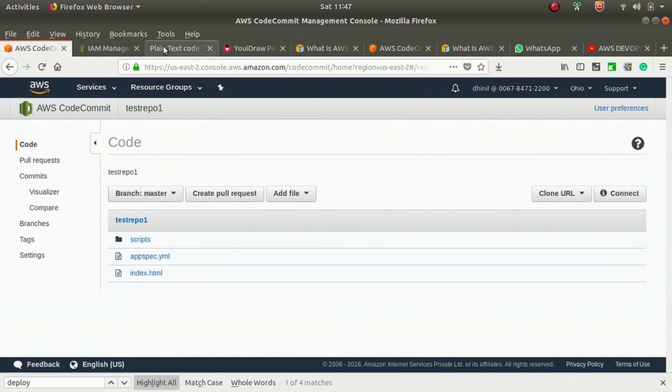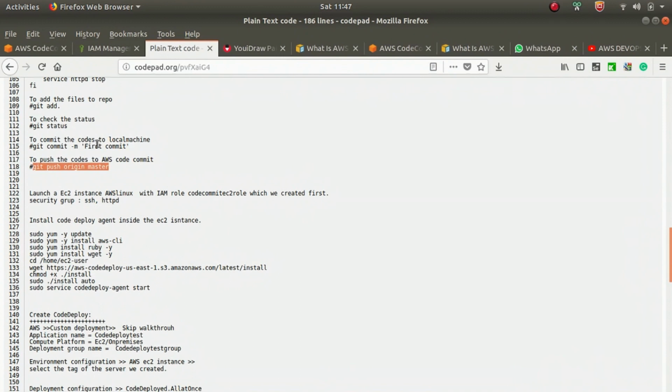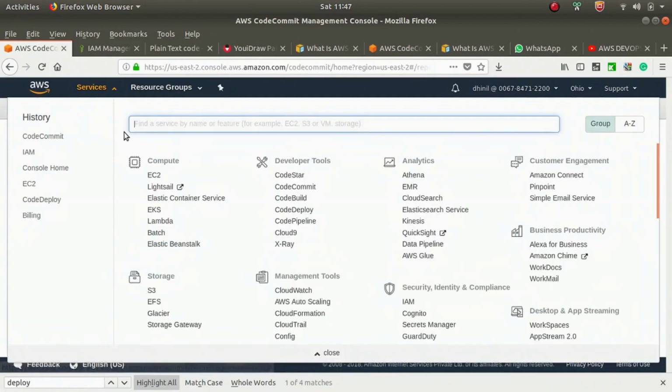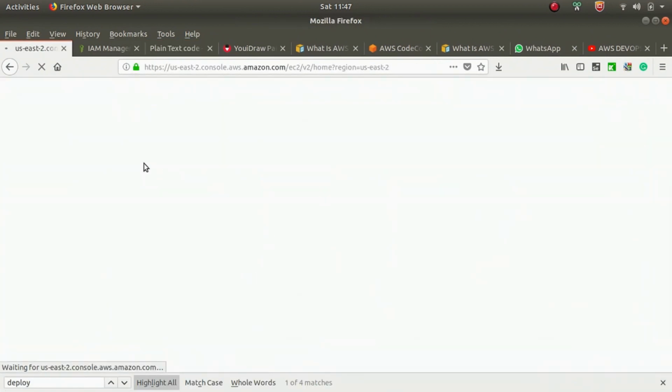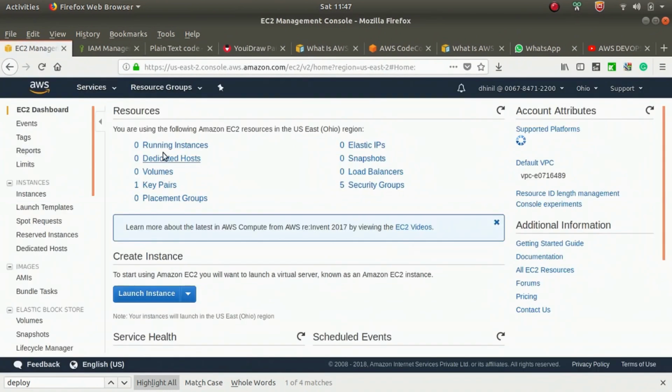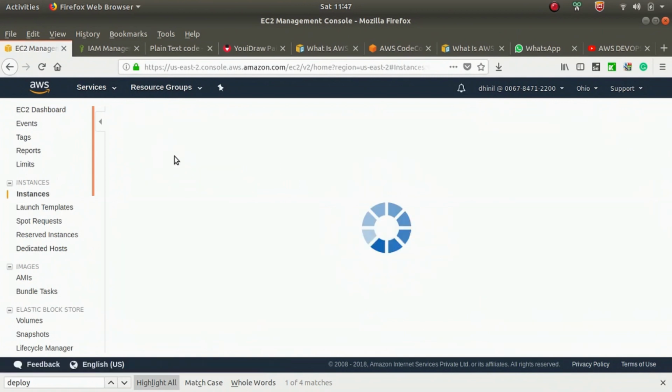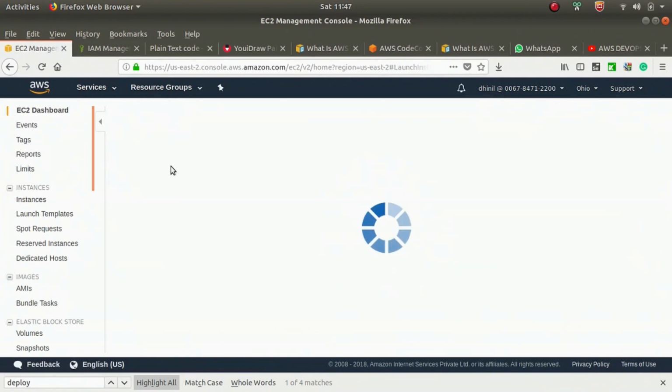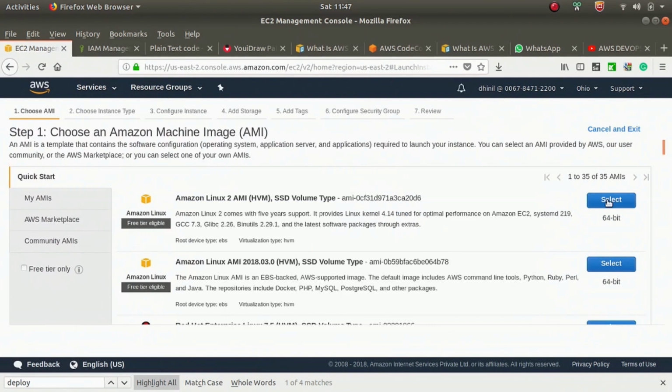Now next is we need to launch the EC2 instance using the role CodeCommit. So go to the EC2 instance and launch an instance. Select the base machine AWS Linux.